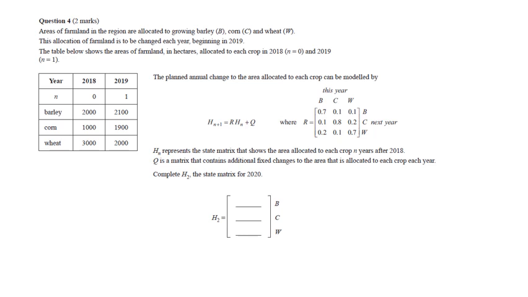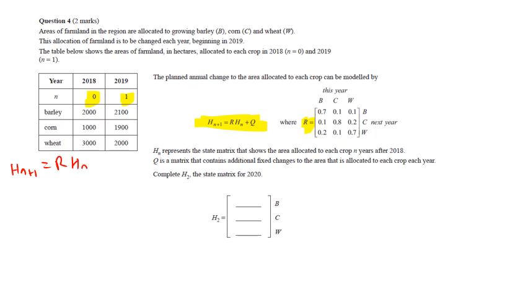Okay, so this is a little bit of a tricky one. We've got this relationship here, and we're given the H_n's, that's a 0 start one for the H, and then we got this 1 here. But we haven't been given the Q. We got the R, we got the 2 H's, and first step, we've got to actually work out what the Q is. So we know that what we've got is, let's draw it over here, H_(n+1) equals